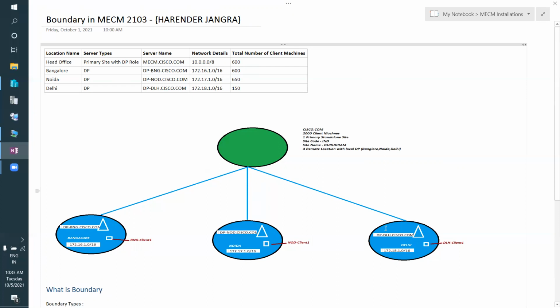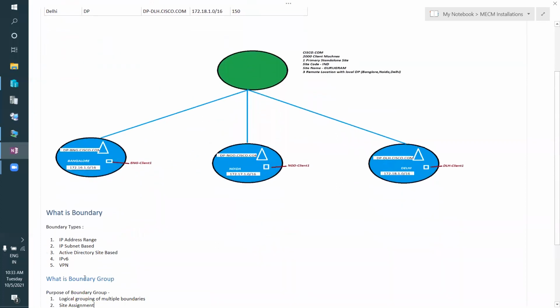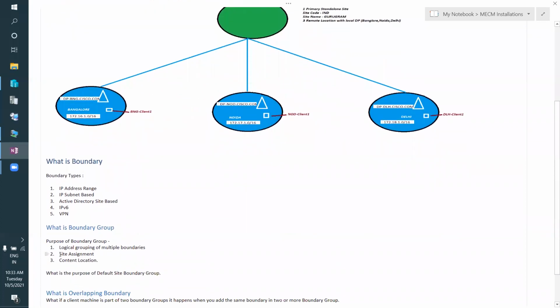So how will your SCCM client machine understand which site code to pick? Based on the boundary group, your client machine will pick the site code it needs to get. That's why we use site assignment under boundary group.